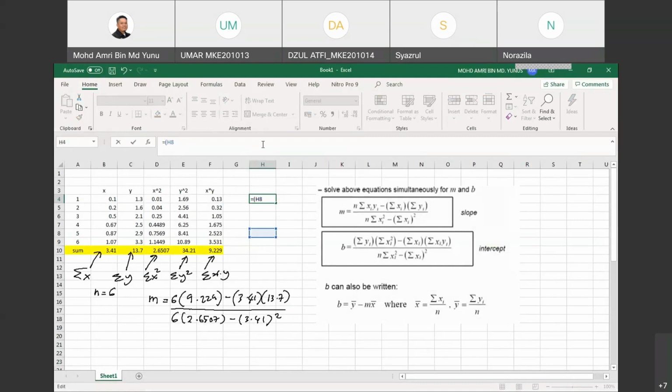Write the big divide. Okay, and the top is n6 multiply with sum of xy